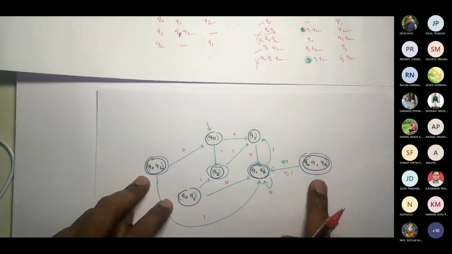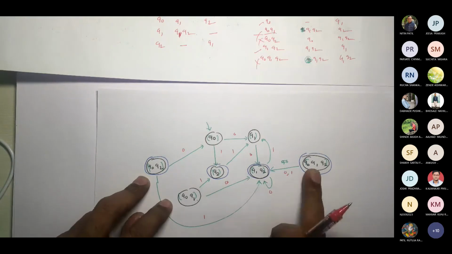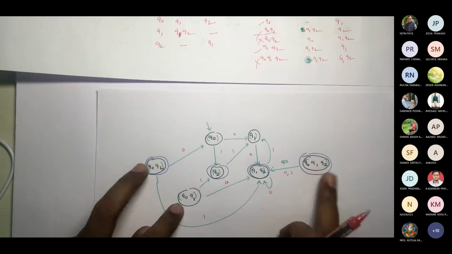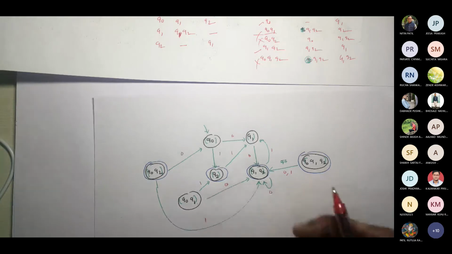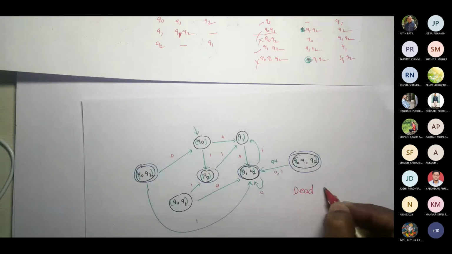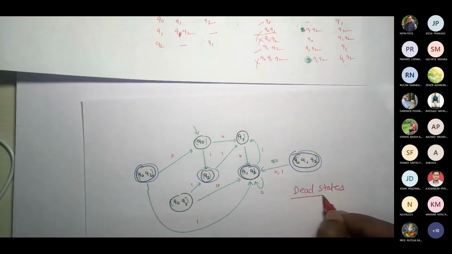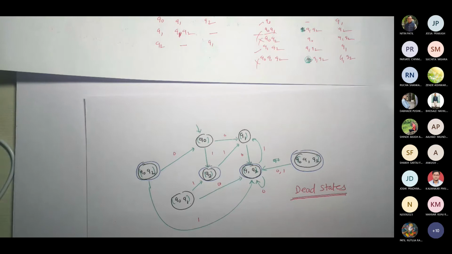Same case with these two. Am I right? There is an outgoing transition, there is a route to come here from that node, but we cannot go to these three nodes. Am I right? Yes, sir. So these kind of states are called dead states, which never come into the picture for the solution, even for acceptance. They are lying there, but you never use them for any purpose.